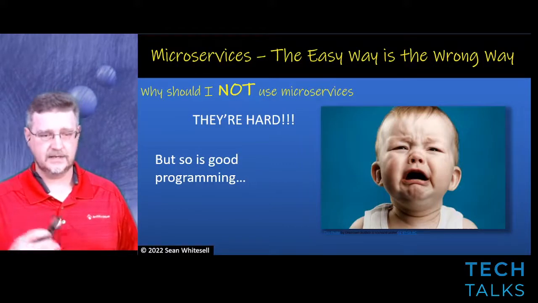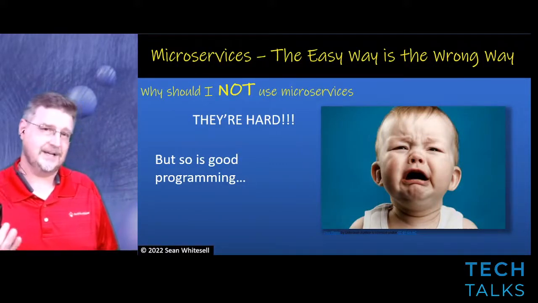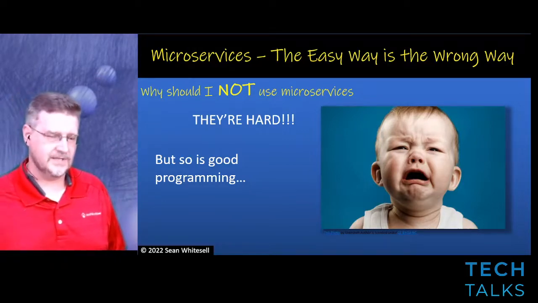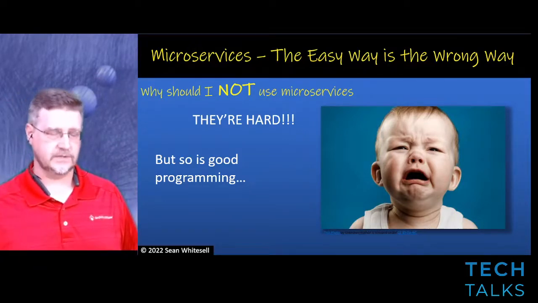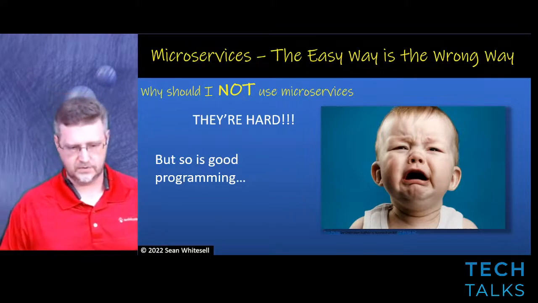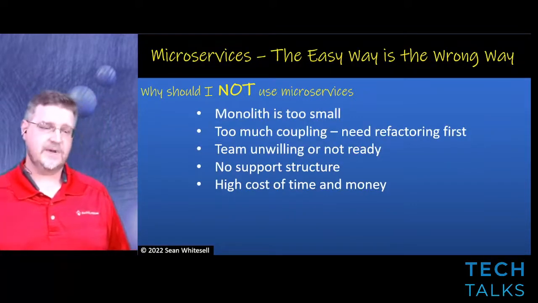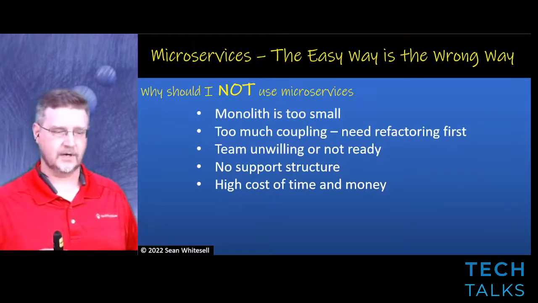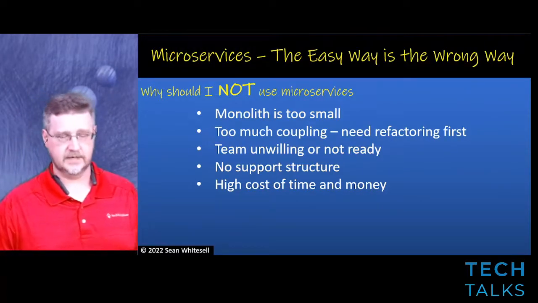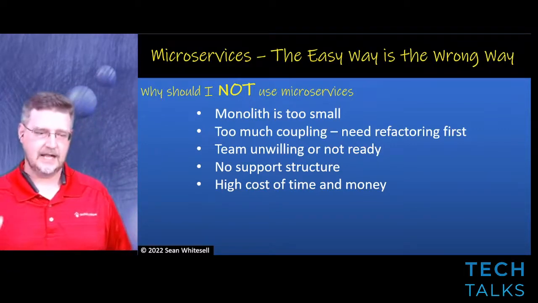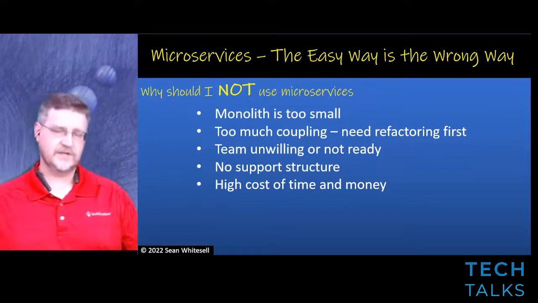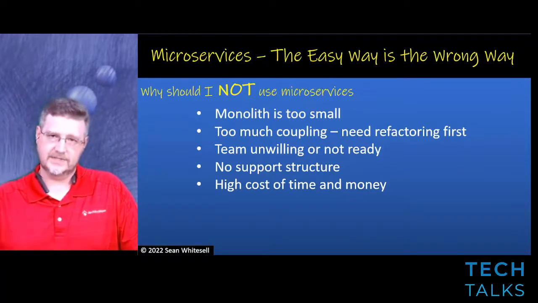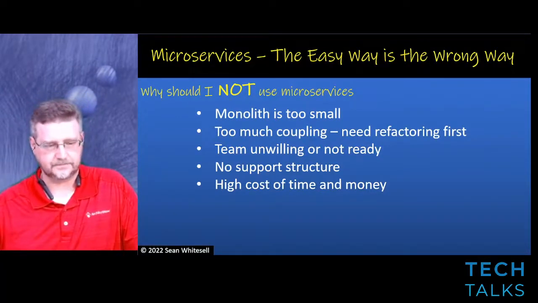And now I say that it sounds like a cop out, but at the same time, good programming is hard as well. But the point here is that there's so much to microservices that you really want to have a good approach to them. For example, if your monolith is simply too small of a code base, you're probably better off throwing some feature flags in there, scaling it differently, and using those feature flags to change what business logic is actually being processed in those different instances that you've scaled.